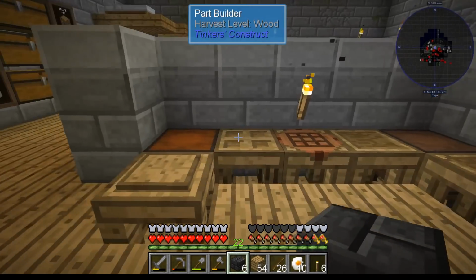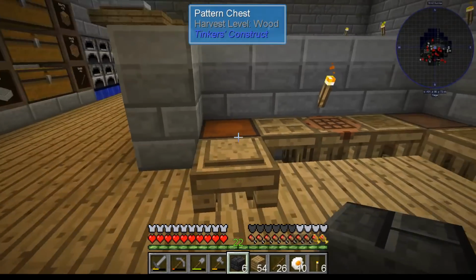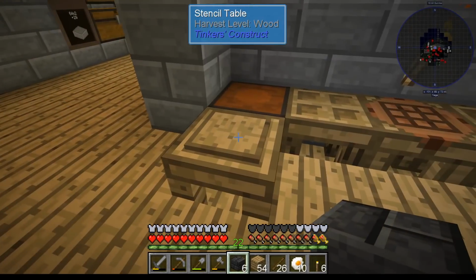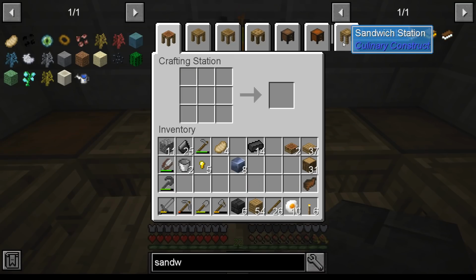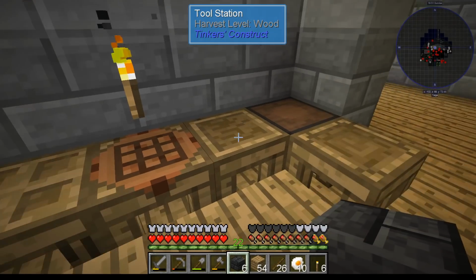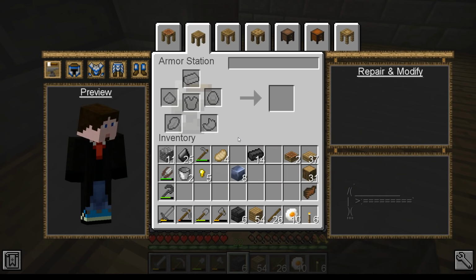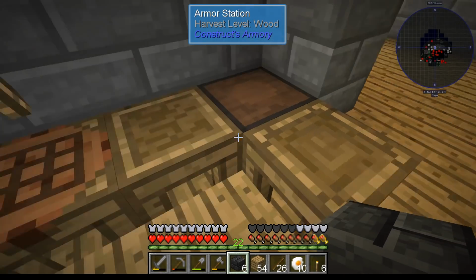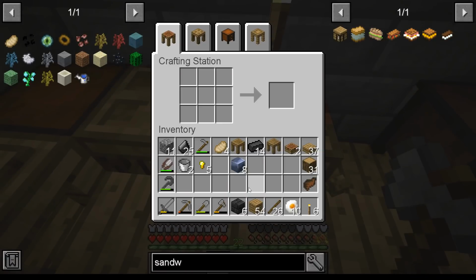Now, I've made this little separate work area, so I think it looks quite nice. It does the job. Stencil table, pattern chest, part builder, crafting station for integrated access into all of the things, tool station, part chest, and armor station. Of course, we don't want that. What we want is a